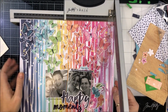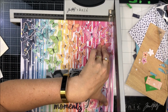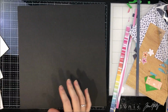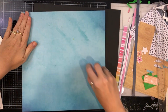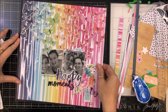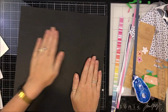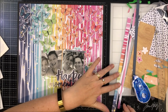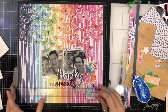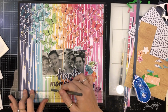Oh, so here I decided that I was going to trim off 1/4 of an inch from 4 sides. Actually, what I did, I trimmed a 1/4 of an inch off the left and the right, and I think 1/2 an inch off the bottom. I think. I have mounted that on black. I thought with the black and white photos that would work really well. And I'm going to add my journaling in here